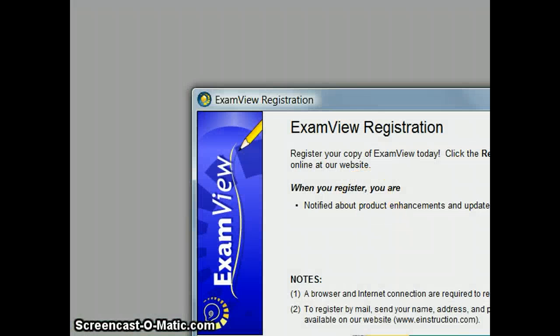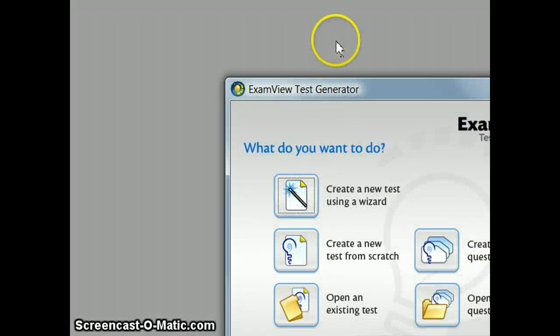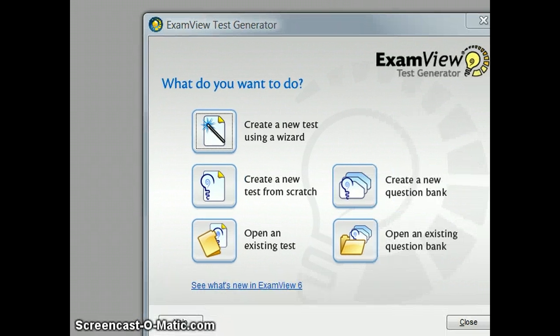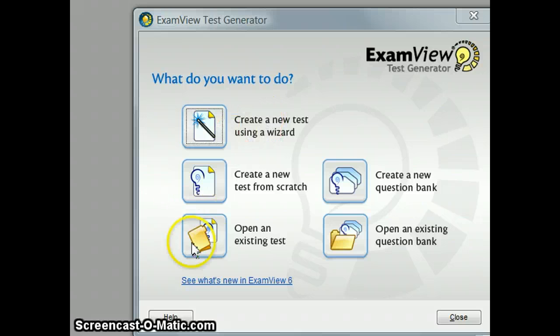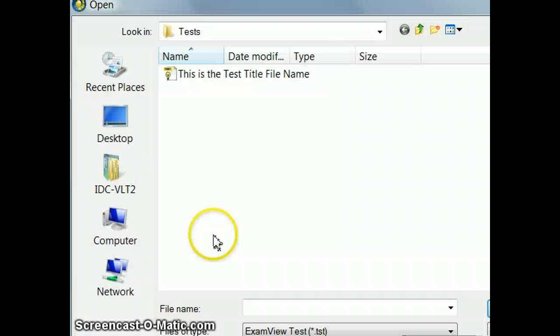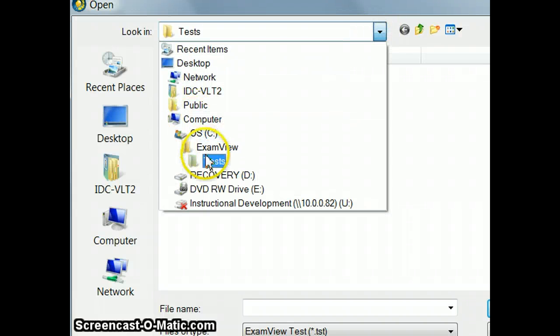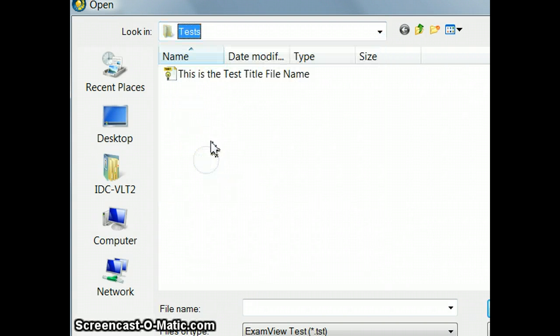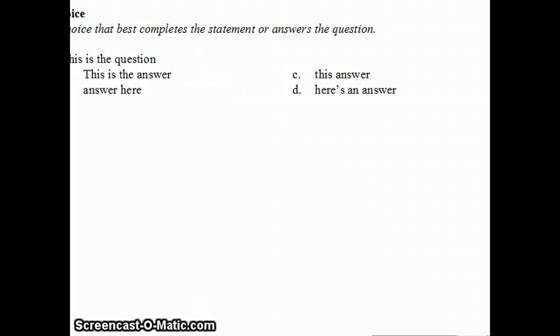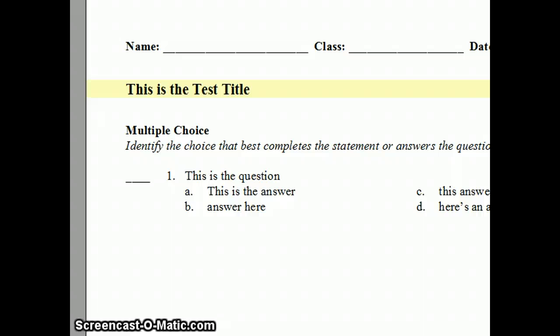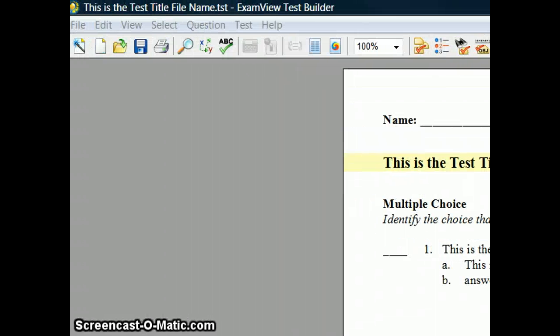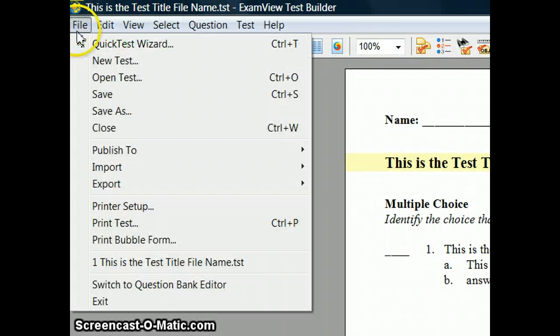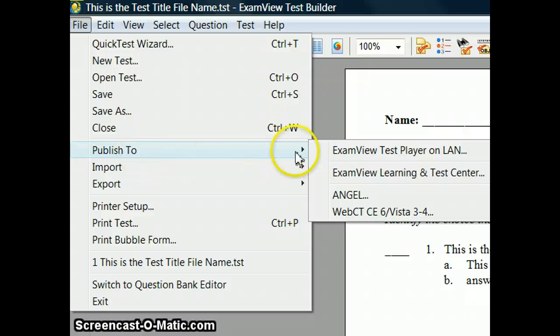So I'm opening that. You can either double click on that file itself and it'll open up the test builder, or you can come in here and open an existing test, and it's automatically going to look in that preferenced file folder. So there it is. Click on it. It's all the same, but can the students take it? No. What we need to do for that is go to File, Publish To,